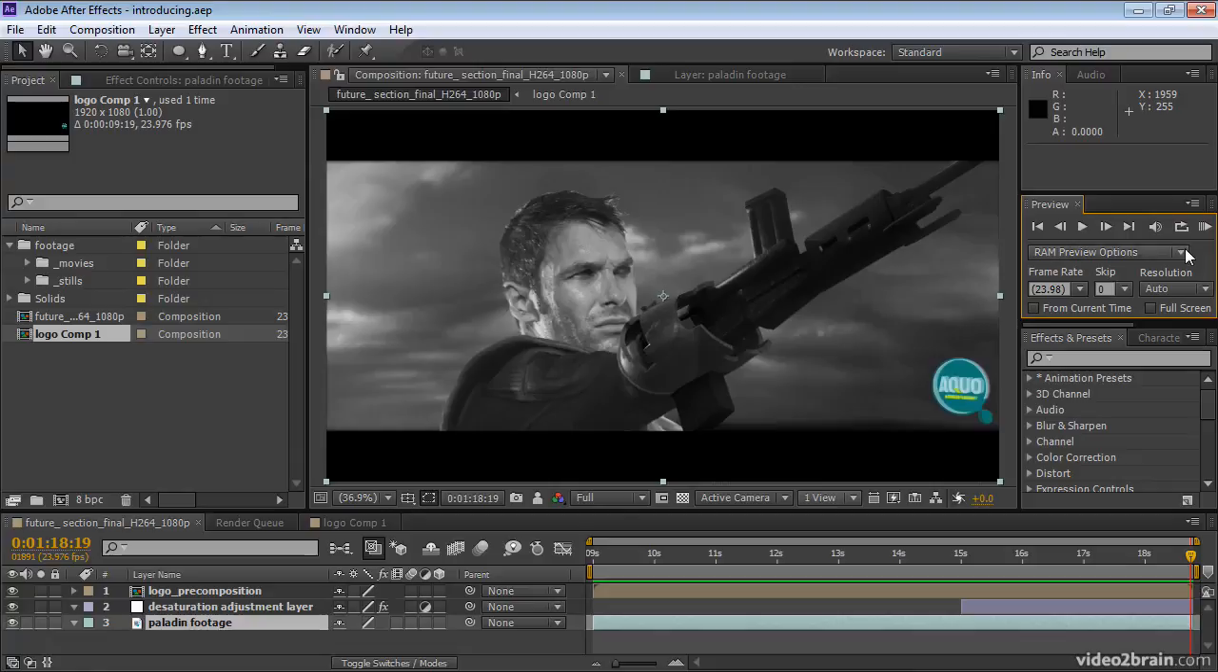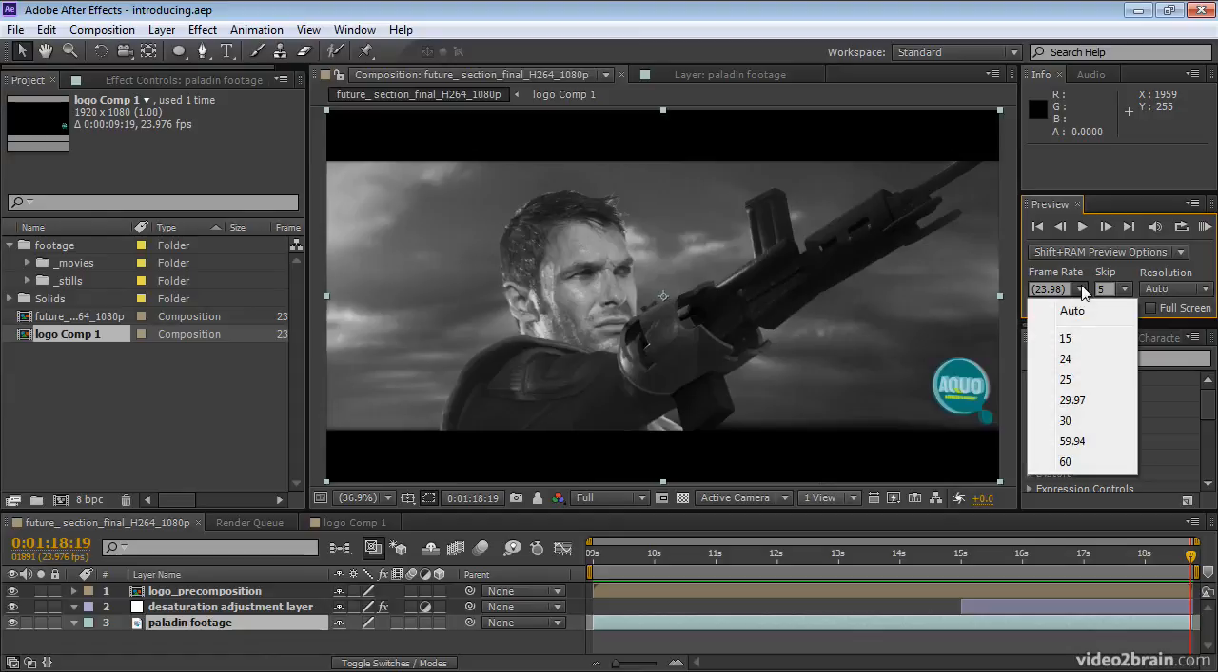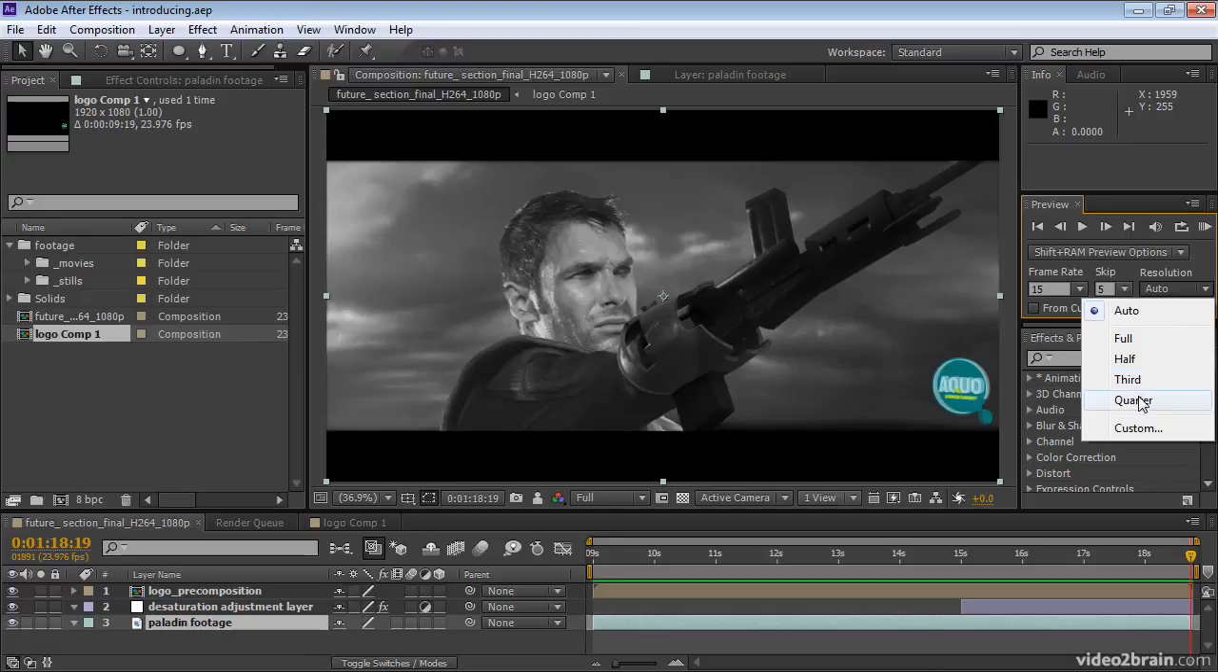We actually have 2 types of RAM Preview: RAM Preview and Shift RAM Preview. If you hold Shift while initiating RAM Preview, you use a different set of options. I'll change the options for Shift RAM Preview. So I skip 5 frames, and so the frame rate is very low, and the resolution is quarter. So if I hold Shift as I initiate RAM Preview,